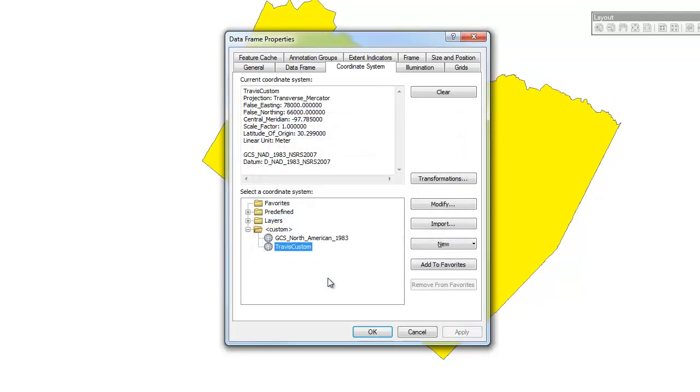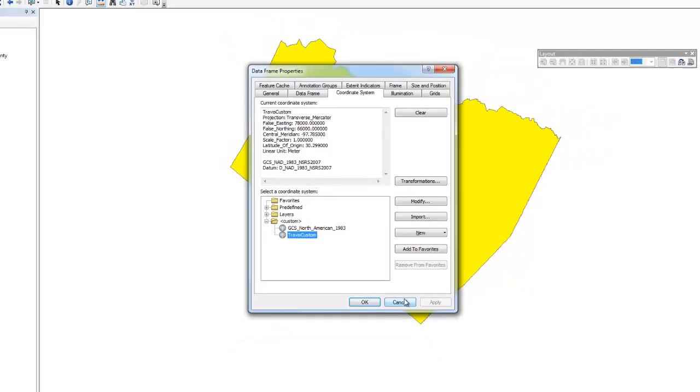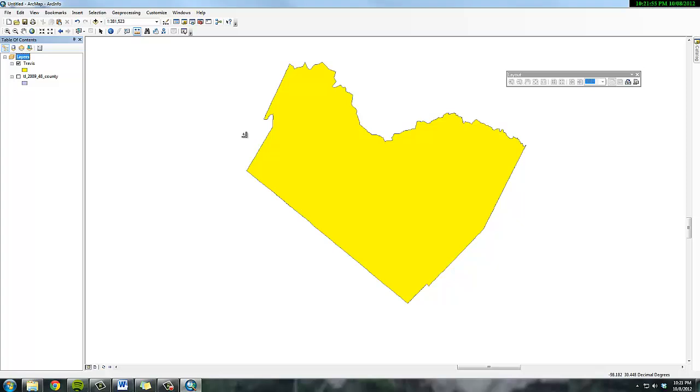Yes. Okay, so as you can see in the back, it just changed a little bit, right? We just got a little bit of change right there. So this is our custom layer right here. Okay, so we've done that here. We've made our own custom map projection, and then the next thing that we're going to do is we are